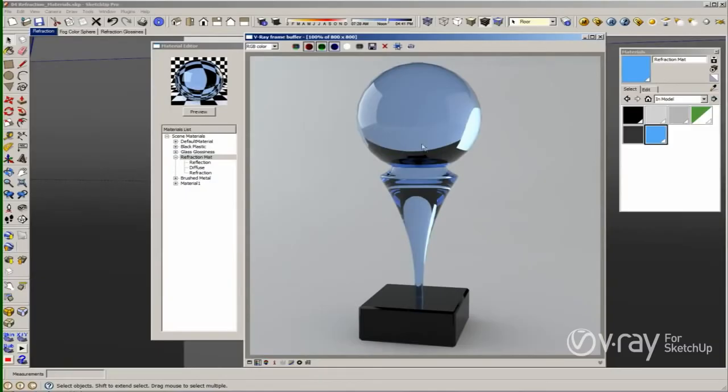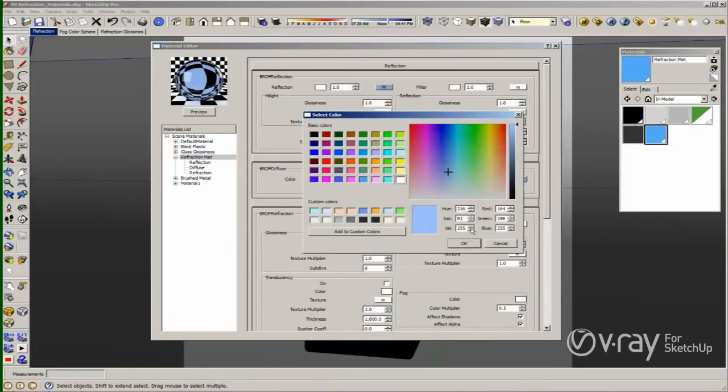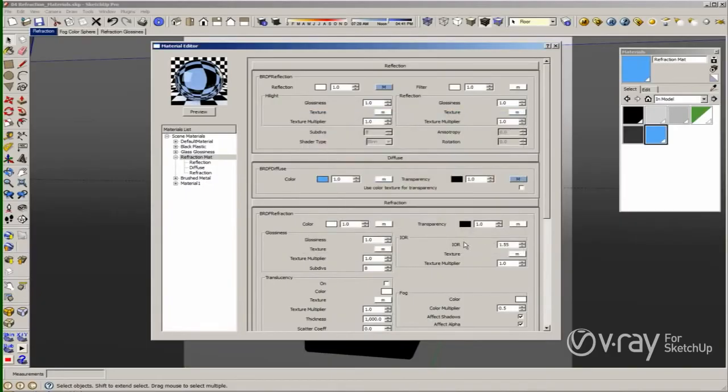In real life, tinted glass has a variation in color depending on the thickness. The thicker part appears darker than the thinner part. So changing the refraction color is not going to help me create a very realistic glass. So I will change the refraction color back to white,